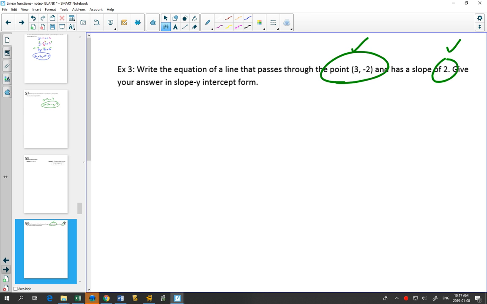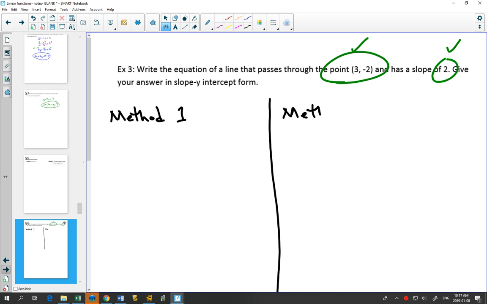So there are two methods to doing this. I'm going to do method 1 here, and we'll leave space for method 2 here. And whichever method you choose is up to you. It's not going to say, find an equation, use method 1. Sometimes you get a question where they say, I want you to use a certain method, so we're going to test that. But with these questions, you always have the choice. So your method 1,